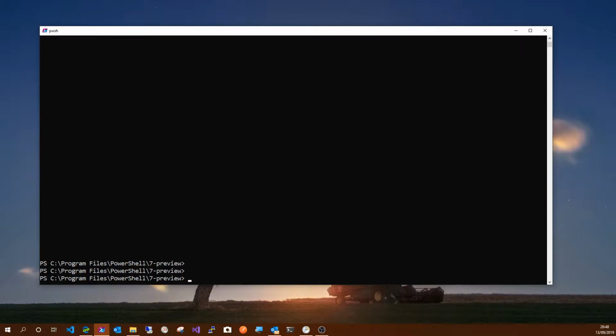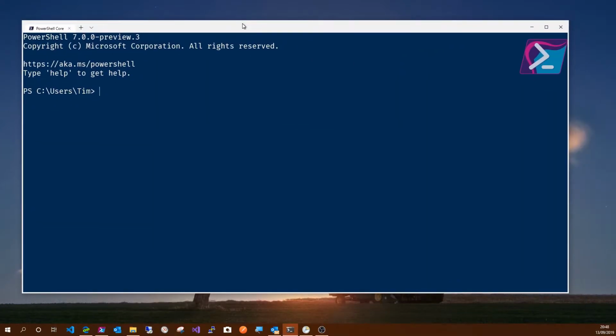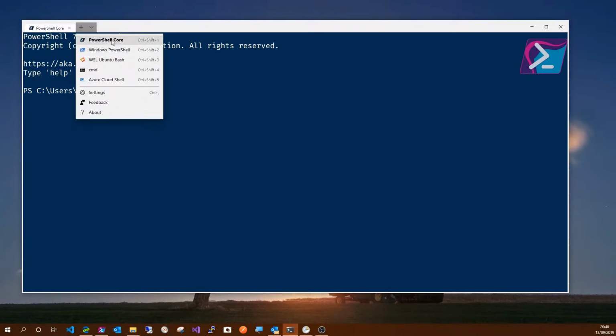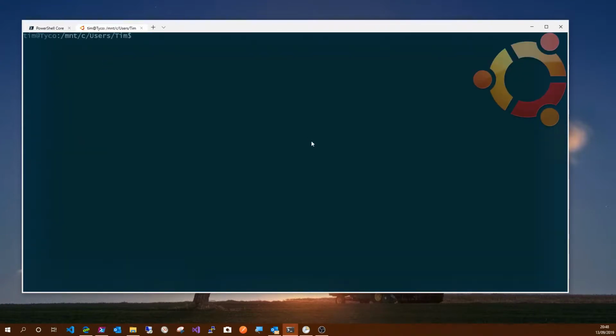So the other thing is, I was looking at a video by Scott Hanselman earlier today, and he mentioned this new thing called the Windows Terminal, which is this guy here, which is currently in preview, and you can get this on the Windows Store. And this is really nice because you can just new up terminals for different things, and I've got PowerShell Core, regular PowerShell. I've got Ubuntu Linux configured in here, so we can just get up a Linux window, and we can install